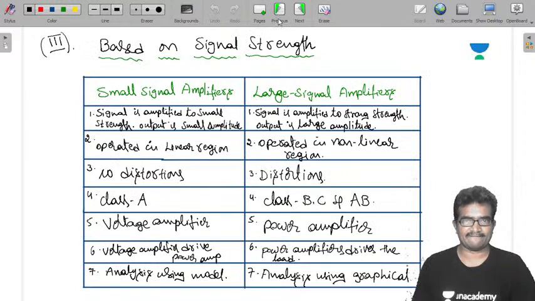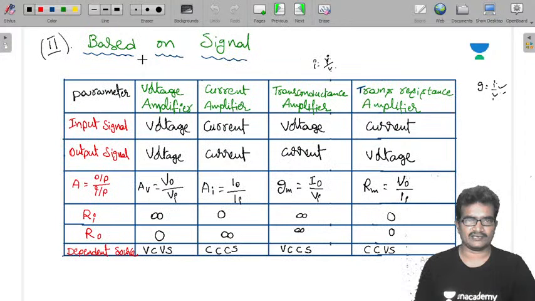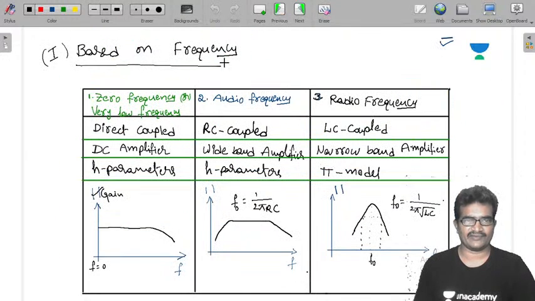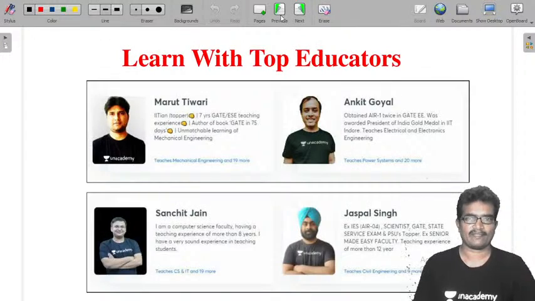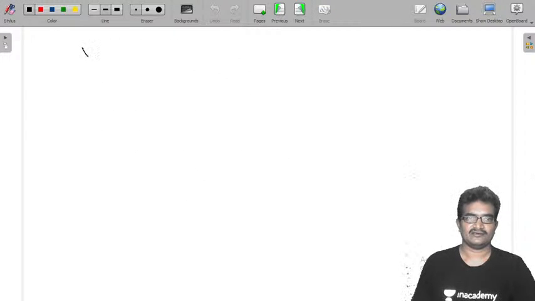You observe one thing here, based on frequency: direct coupled, RC coupled, and LC coupled. So these three come under this. So no need of much information about that. That is sufficient for that. Okay, and fifth one is